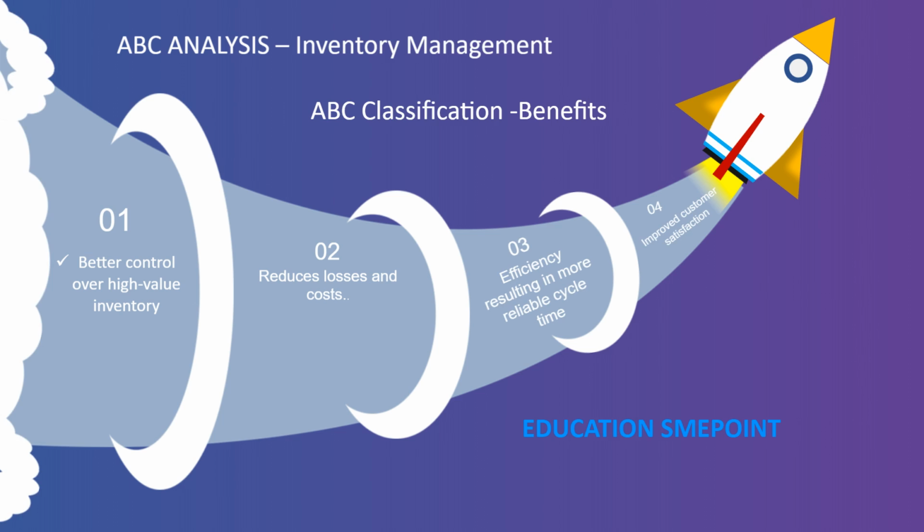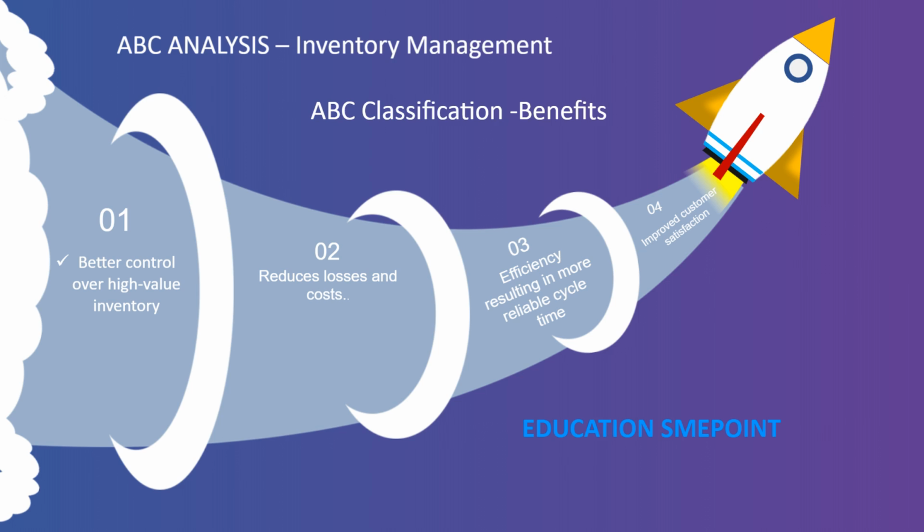ABC classification makes sure that the stock turnover ratio is maintained at a comparatively higher level through a systematic control of inventories. The storage expenses are cut down considerably with this ABC classification. This method helps businesses to maintain control over the costly items which have large amounts of capital invested in them. The ABC method makes sure that the stock turnover ratio is maintained at a comparatively higher level through a systematic control